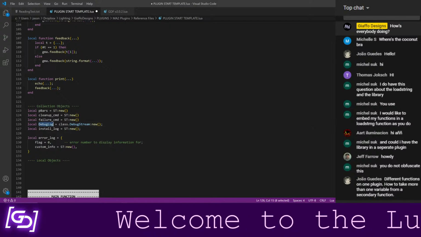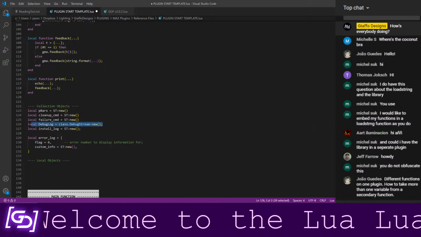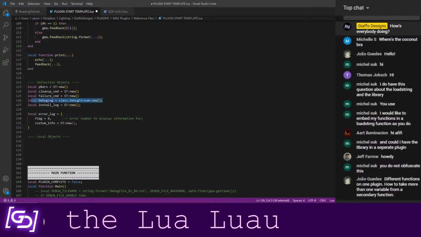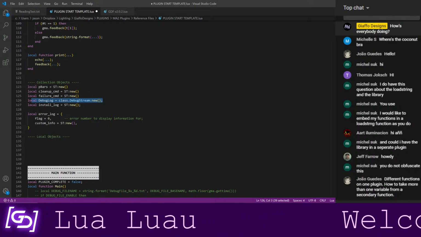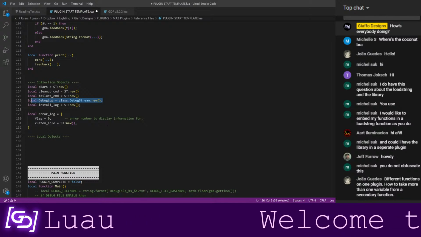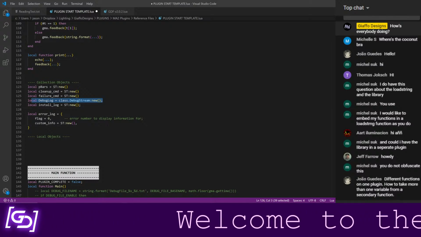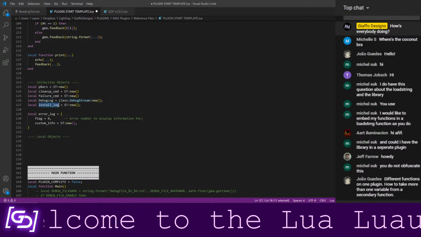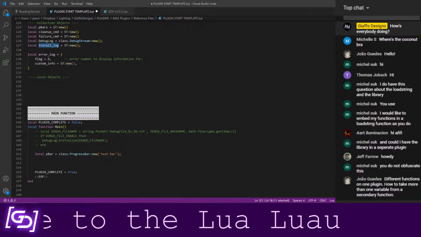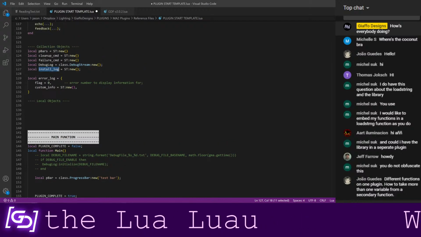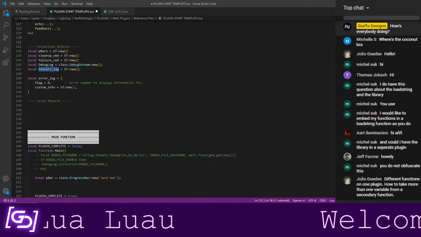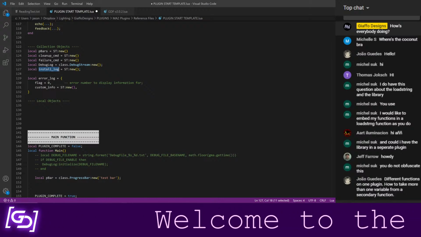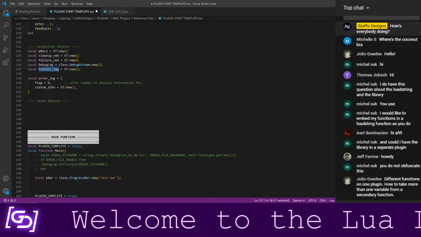Debug log. This is the big text file that I'll open only on some of my plugins, and this is just for me to take a really detailed log of what the plugin is doing, so that I can see specifically when something didn't start up or didn't execute right. And then install log. This is the same concept as this, except this is just a table. And at the end of executing, this will just print to the system monitor. This is an earlier version that I used, and if I'm writing a plugin that doesn't need to have a whole lot of information tracked, this is the way I'll go.